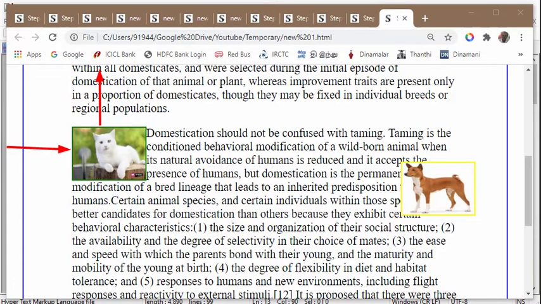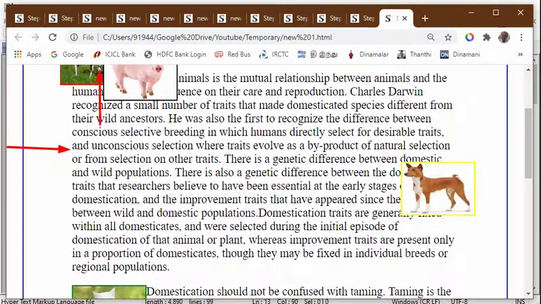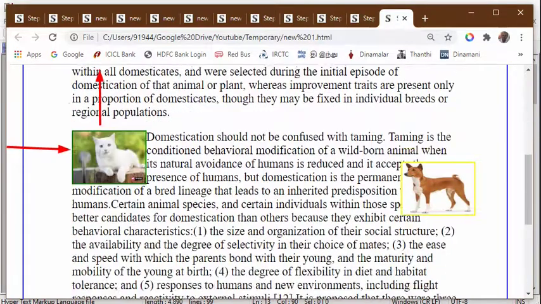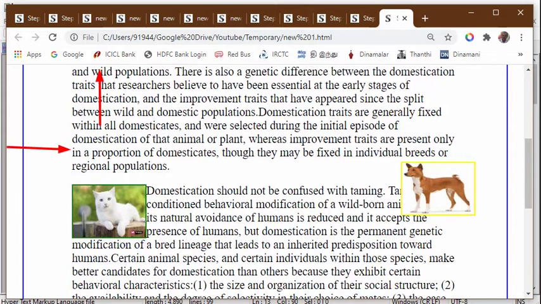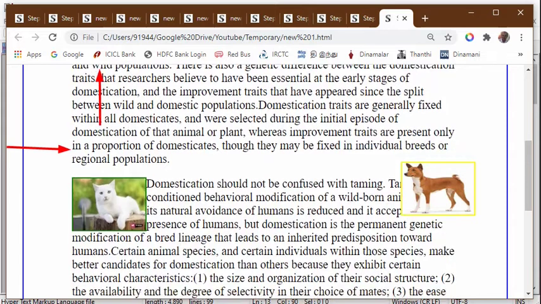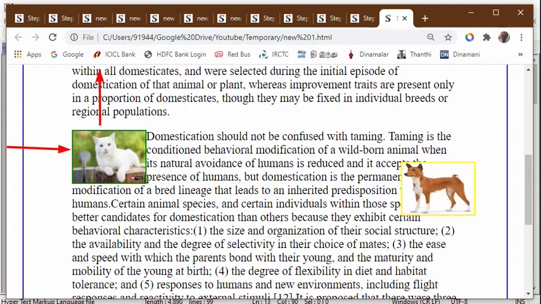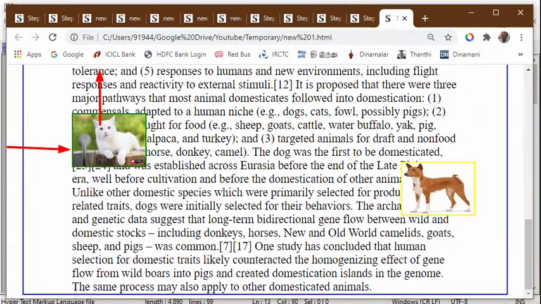Suppose my page is at the top position and I am scrolling, this image also, along with this paragraph, will move up and down. But once it has reached 100 px from the top, you can see it will change to a fixed one. Then only the image will be stationary and all other content will move to the top.